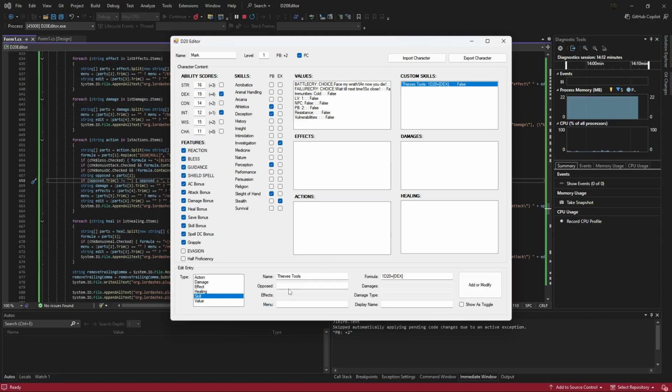Oh yes, for the opposed, you can have it opposed by more than one skill, and if you do, the plugin automatically chooses whichever is better. So for example, grapple is opposed by athletics or acrobatics, but you can do that for your own skills too. Okay, then we've got